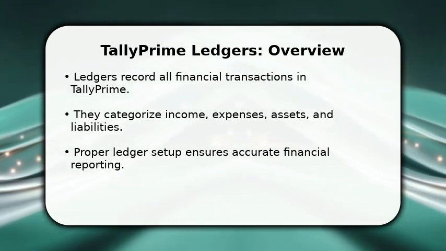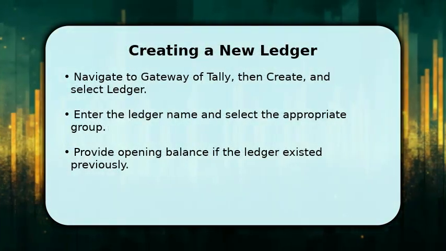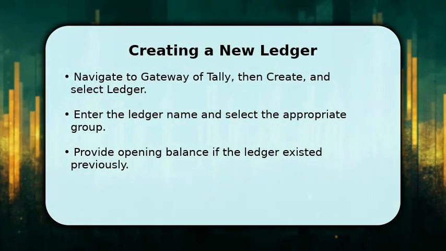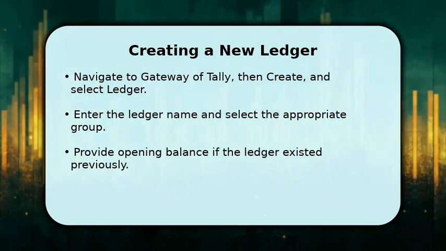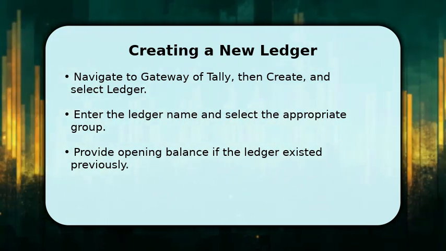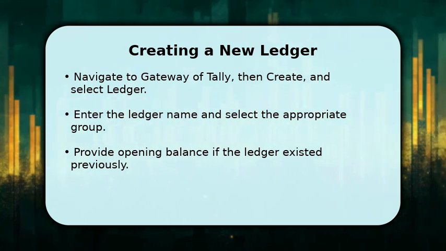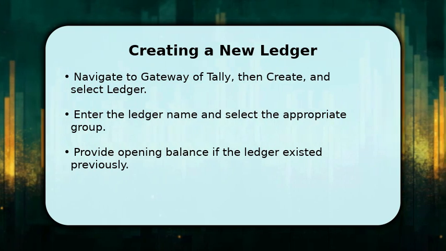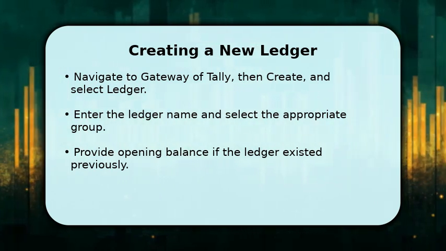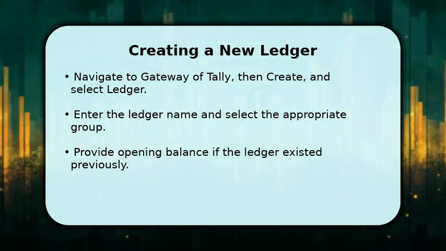correct for informed decision-making. To create a new ledger, begin by going to the gateway of Tally. From there, select Create and then choose Ledger. You'll need to enter a unique name for your ledger and assign it to the correct group, like bank accounts or sales accounts. If this ledger has a prior balance, input the opening amount to ensure your books are balanced